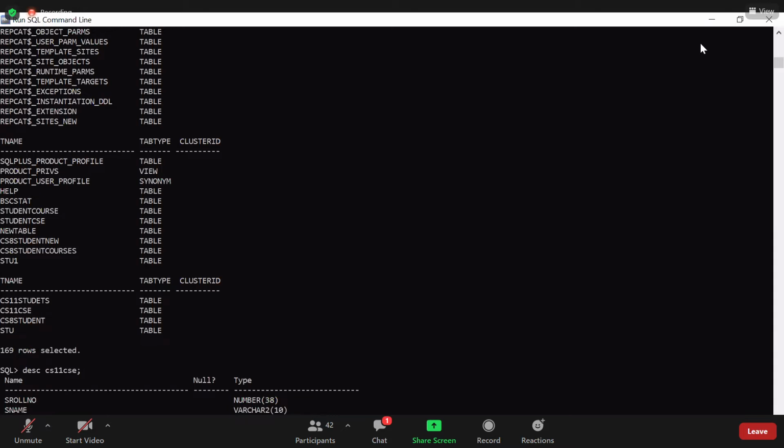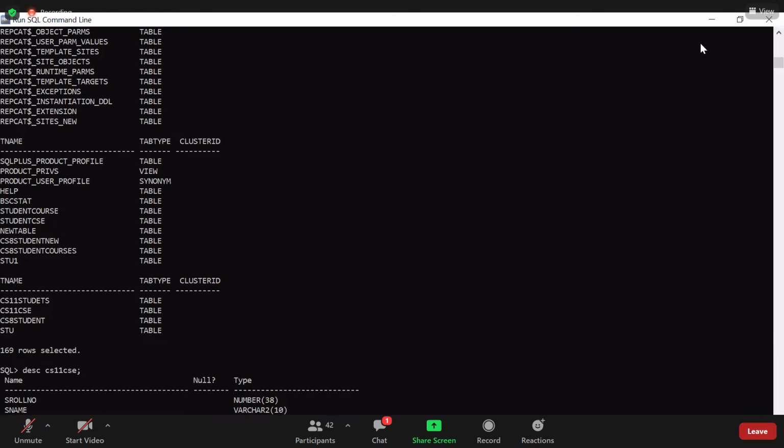Because somebody asked me to execute the alter command, so I don't know how many attributes were there, because I don't know anything by heart. So to know about that, initially I have to know what attributes are existing in the table. So for this, you can give DESC description followed by the table name. From this, we can observe that two attributes were there in the CS11 CSC. Now if you want to add one more attribute, it is possible, which means you are now altering the structure of the table.